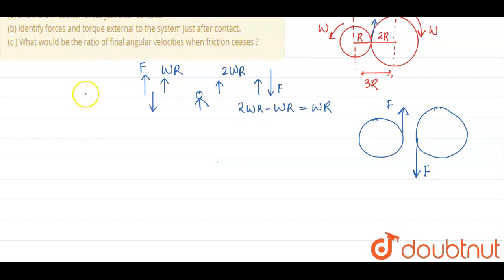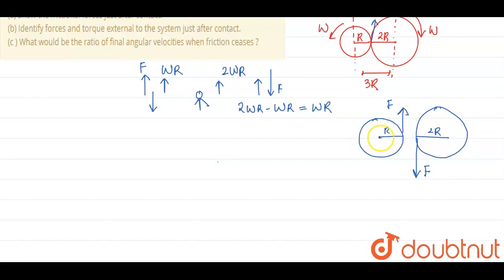So we have to identify forces and external torque to the system just after contact. Let's consider this diagram only. This is separated by a distance of r and this is 2r. See what is happening. We know these drums are rotating, right? So for rotation we need torque. There should be some external force that is providing torque, and that force would be exactly opposite in direction to